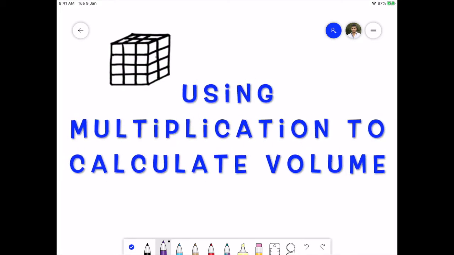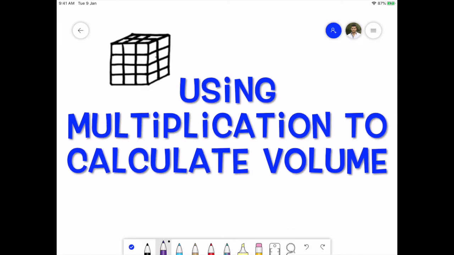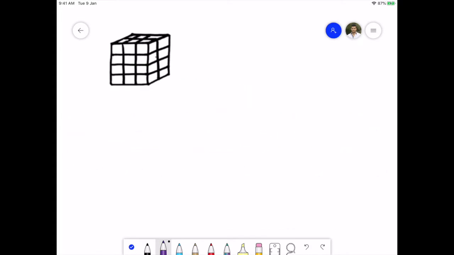Alright, grade 5. Our objective for today is to find the volume of a rectangular prism by using multiplication. So far we've been finding the volume of a rectangular prism by adding the different layers. So let's take a look at this